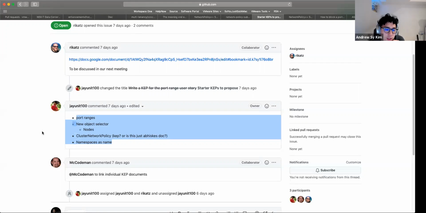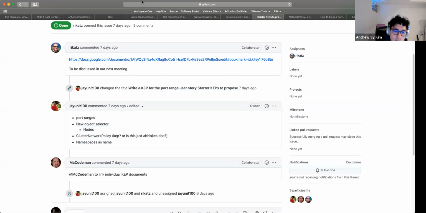Yeah, I think what Ricardo is proposing is that we have a short doc with 5 sentences at most describing the use case or the user story we're trying to solve for. Once we share that with the SIG and we start writing the KEP, then in the KEP we can start diving into the personas and what the API would look like.